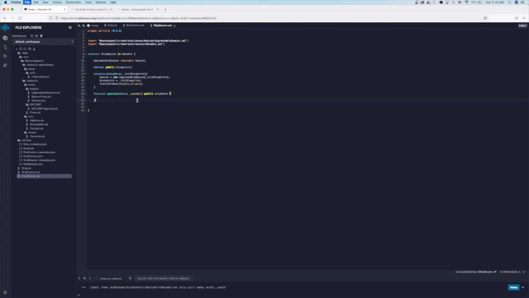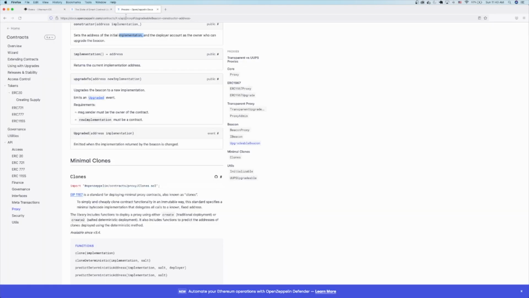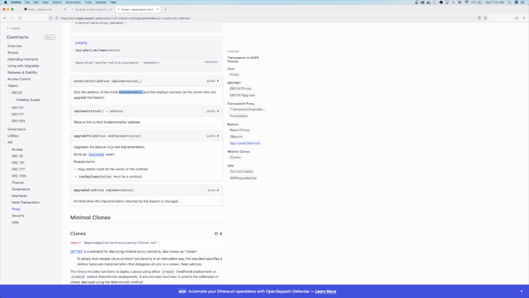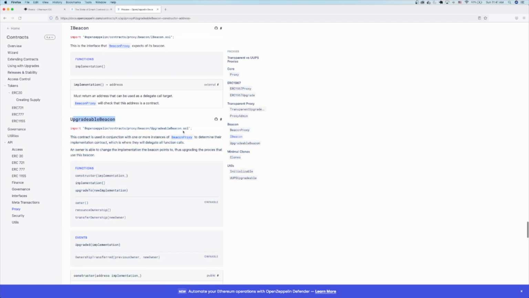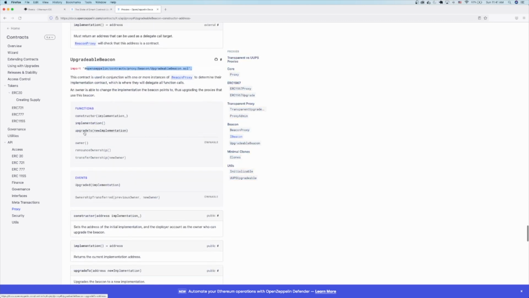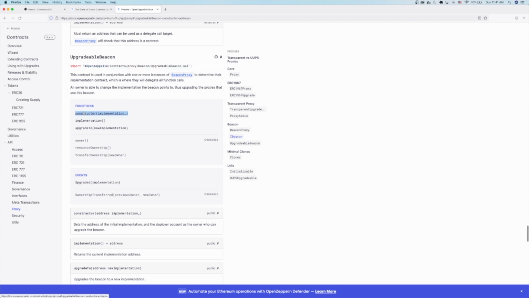Owner, can't spell. Okay. So within this upgrade function, all we've got to do is get the beacon, right? The beacon that we declared right here on line 10. We're going to call a function within it called upgradeTo. Looking at the documentation is where it's really helpful. You'll see that the UpgradeableBeacon smart contract, which we imported right here, has three functions. One is the constructor we just utilized to set the initial implementation or blueprint. The second one is called implementation, which just returns the current implementation. And then the third one is upgradeTo, which is going to be responsible